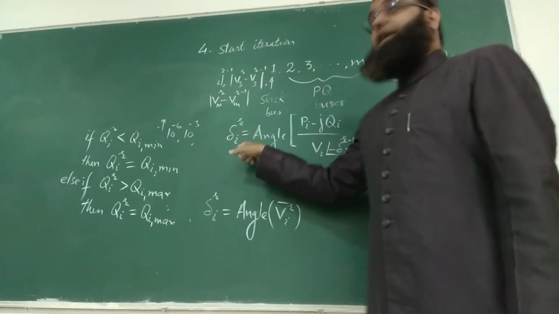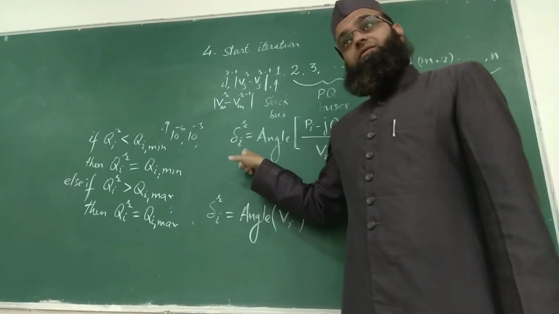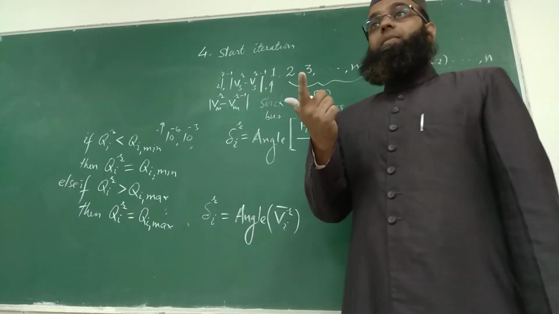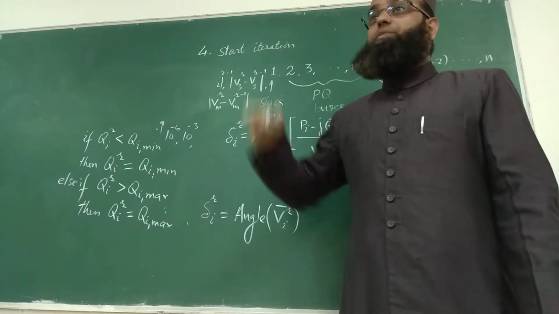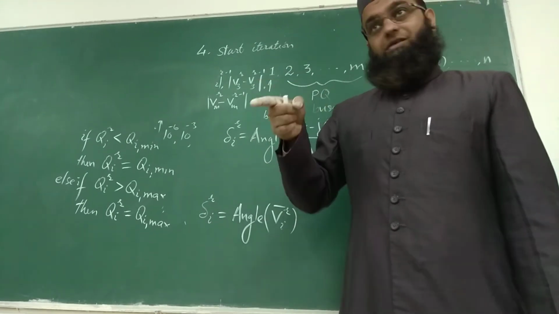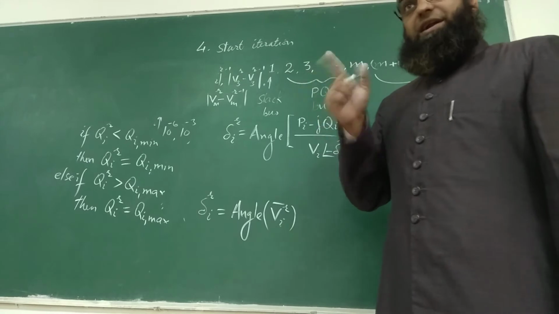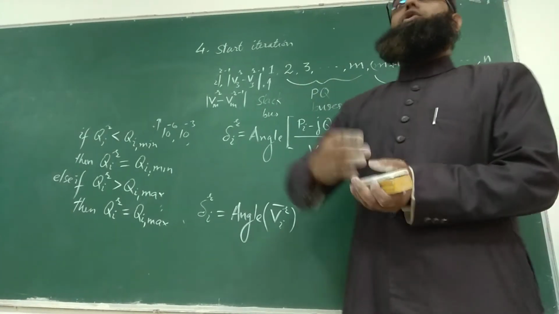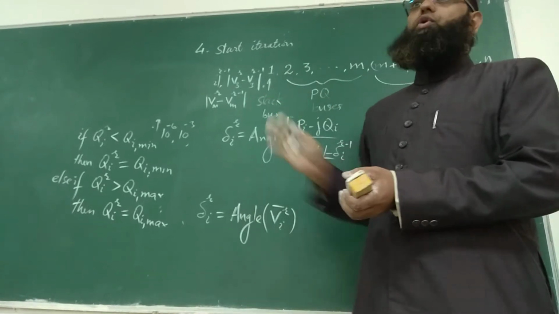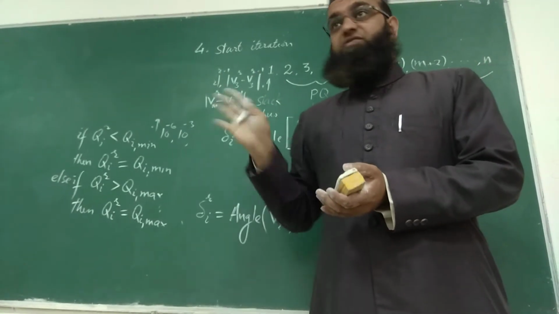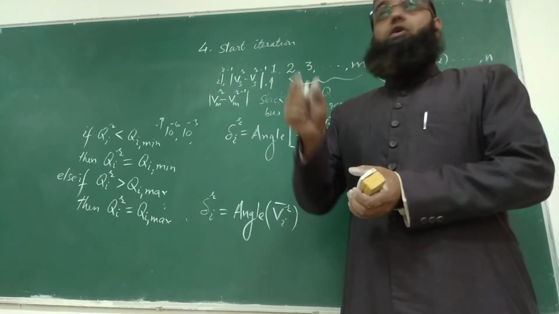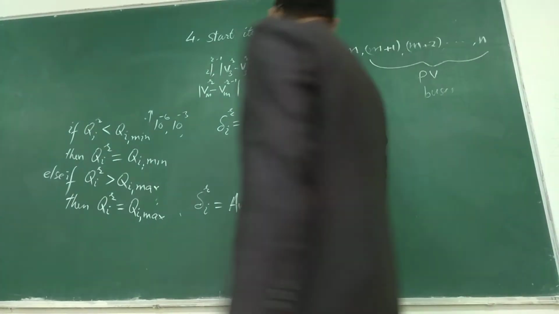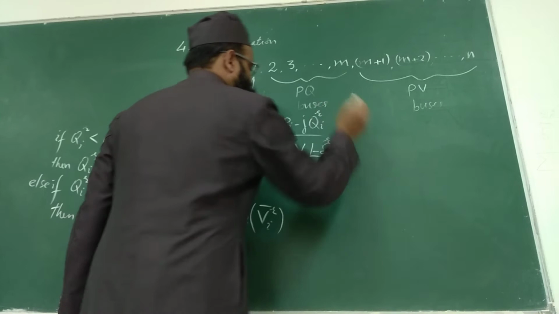So you are going to write delta I R for PV bus, and you are going to evaluate it after checking QI limits, not before. Once you have checked QI limits, you know QIR, so that is the updated one. QIR minus 1 is not the updated one. Otherwise it will take more iterations. If you substitute that, you can still reach your solution, but that will not be the Gauss-Seidel method. That will be like the Gauss method. So use updated values. That's why use R here.